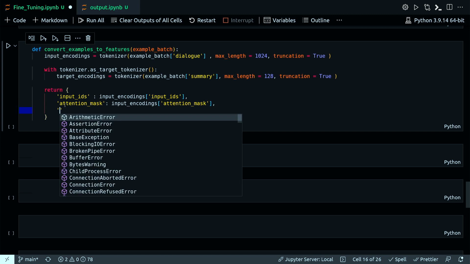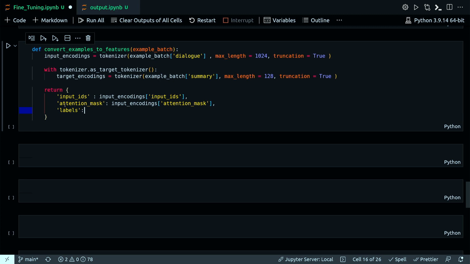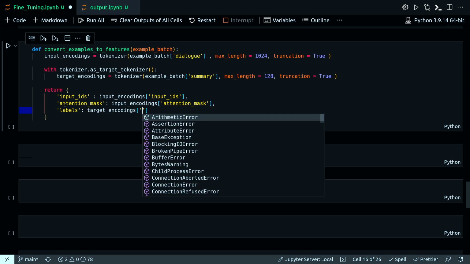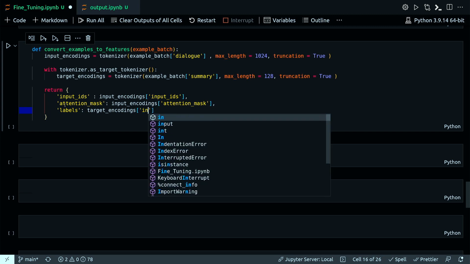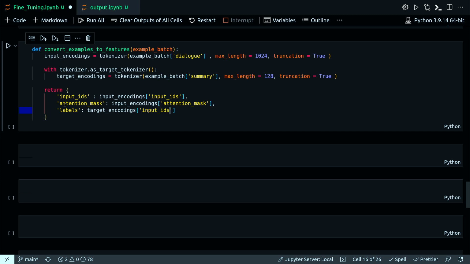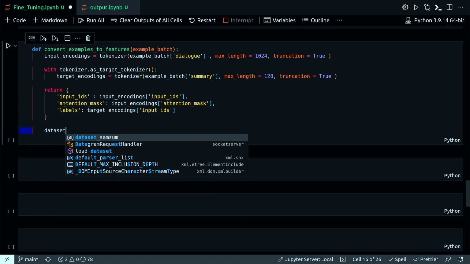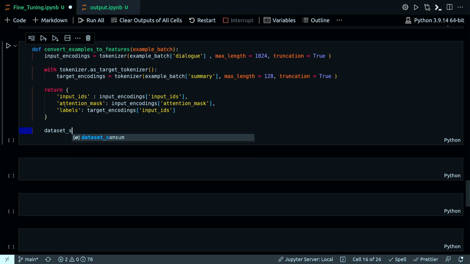And the last one is labels. Now the function is over. I'm just invoking this function now. So let's define the result of invocation of the function as dataset sumsum pt, which will be equal to